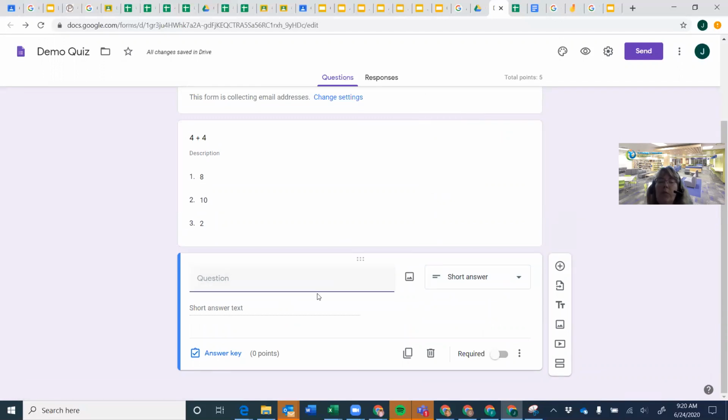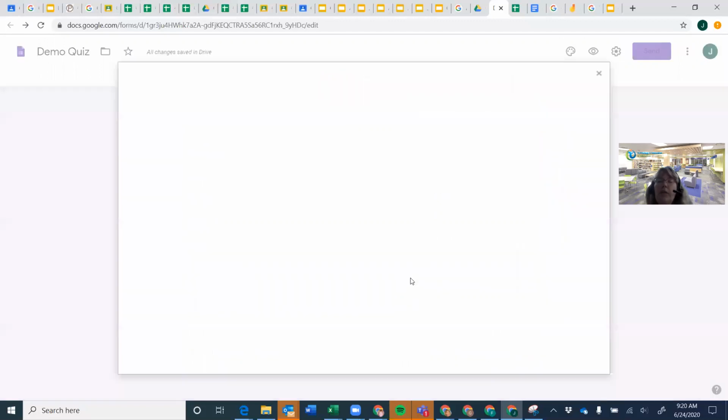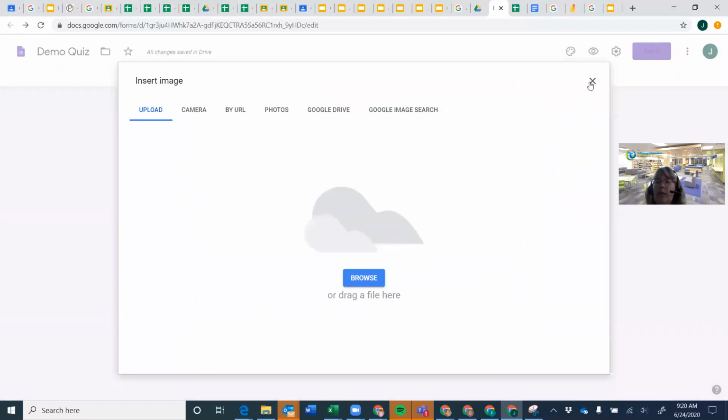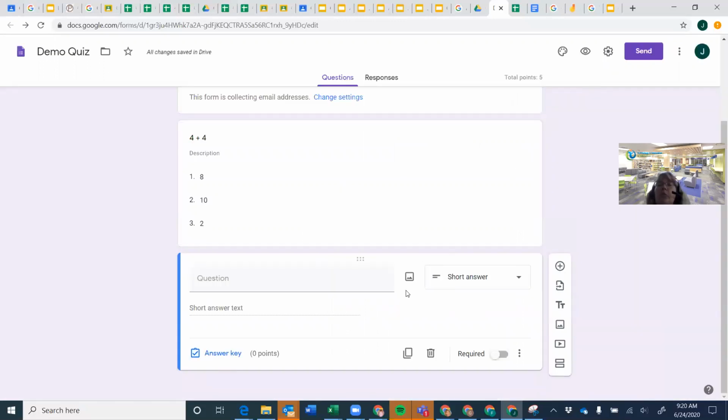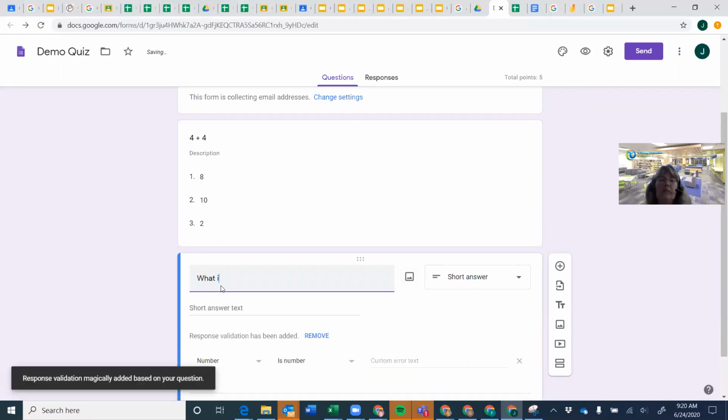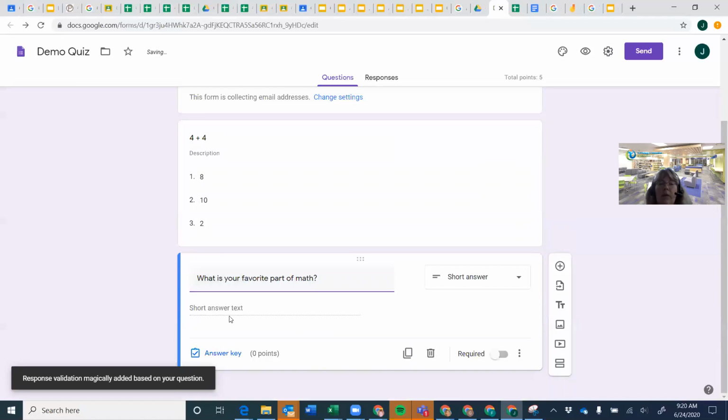And so here we're in a question that we are grading. I want you to notice that any of these I can upload an image to. And so if you're working with young kids, or non-readers, you can add in images. When I go to my answer keys, let me see. So here,